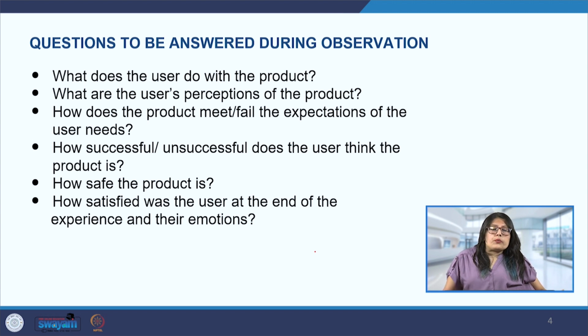So that will tell us whether the product is intuitive to use, whether it is visually communicating to the user how it needs to be used, or is it ambiguous design, and whether some improvement is required in order for the user to use it. Now, depending again on many factors like their background, the socioeconomic background, the culture, the education level. So, a lot of those factors need to be considered.